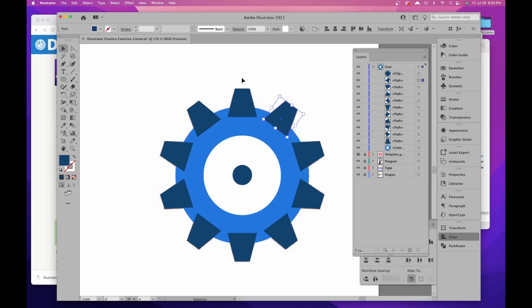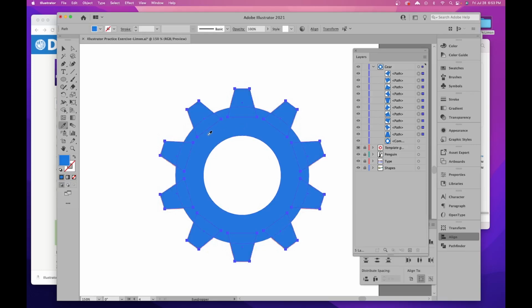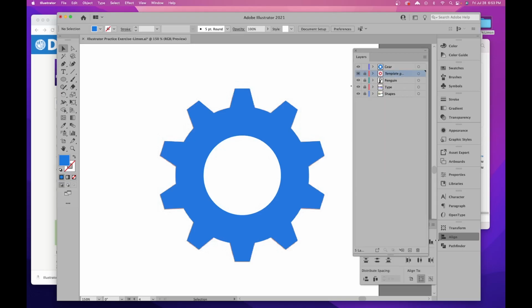And I'm going to click on my selection tool. I'm going to delete this circle, the inner one. Now I'm going to select all of these, and these are all the same color. So one thing I could do is click on the magic wand tool and select one of these. That selects everything that is the same color. Now you could click on your eyedropper tool and select this gear or the circle part, and now it is a gear. Now let's go ahead and delete our templates,